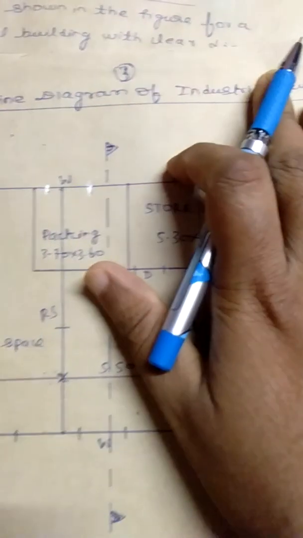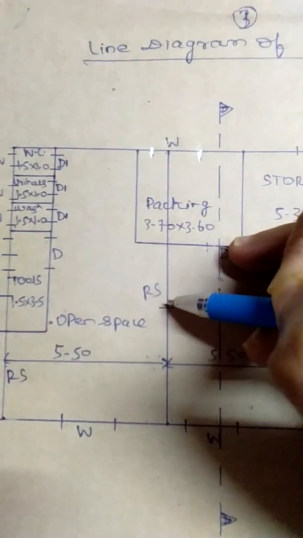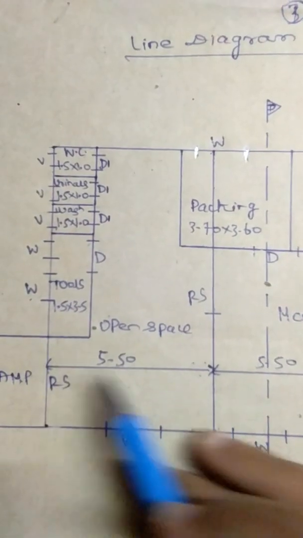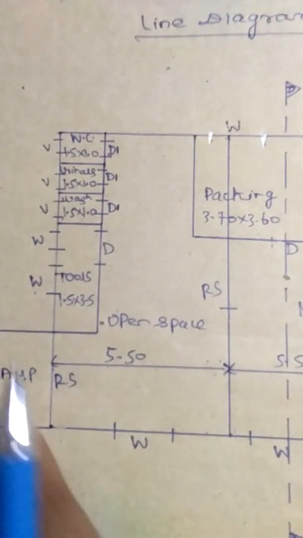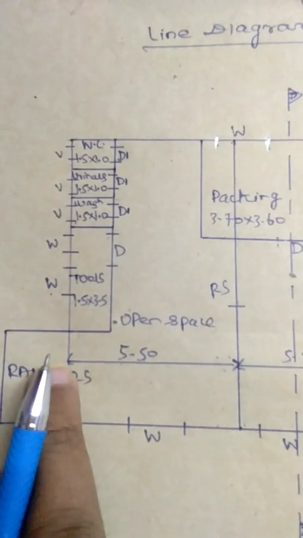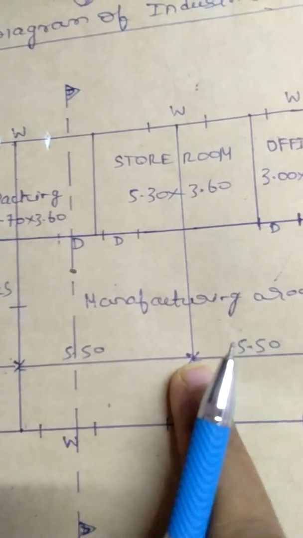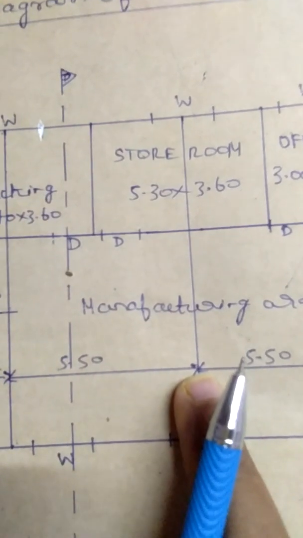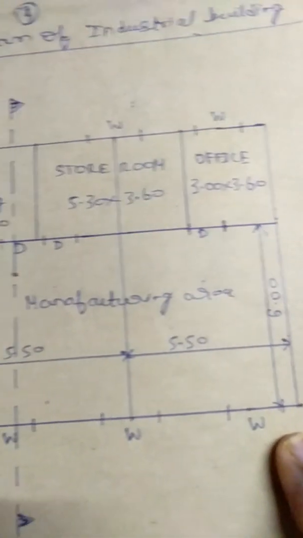So our discussion from the previous video about the line diagram, okay, so we had seen that here this line, okay, here you can see the 5.5 meter center to center distance between the two trusses here, okay. This is the first truss here at the beginning of the industrial building. This is the second truss, again 5.5 meter center to center spacing between the trusses, third truss and the fourth truss, okay.